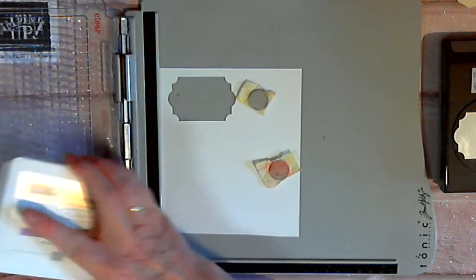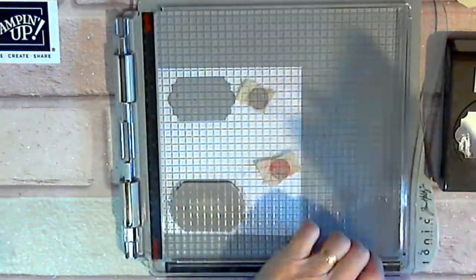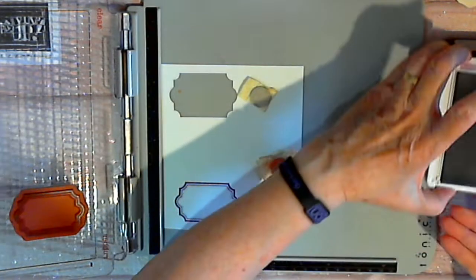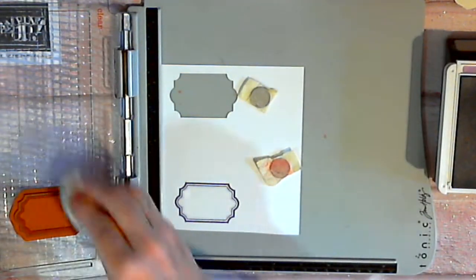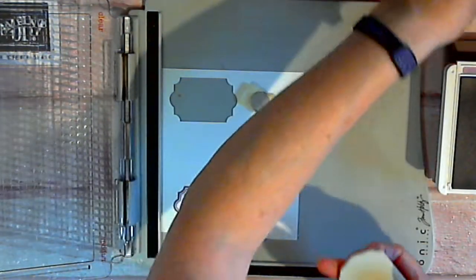Now, I stamped one of these earlier today, and I just used the glass block and whatever way I put the ink on, it was destroyed. There was a big blob right in here. So these wee Stamparatus boards are excellent stamping boards. You will not regret buying it. So think about it. Have a look at the video through the Stampin' Up site, and you will